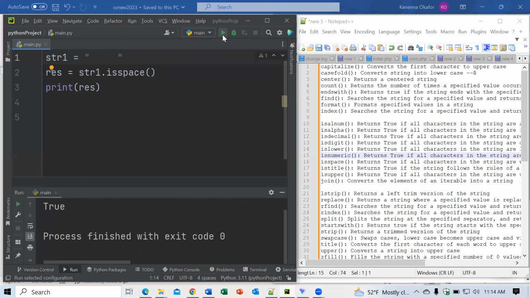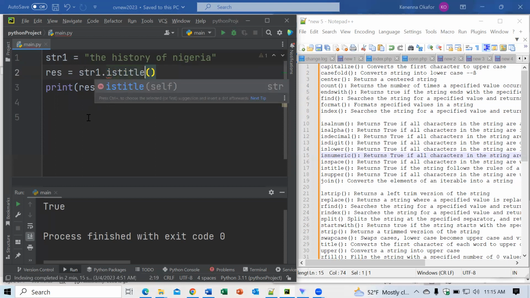And what about the isTitle? What do you think this will be? Or let me see, the history of Nigeria. The history of Nigeria. If I call isTitle on that string, what will be the return value, true or false? So what do you think? It will be